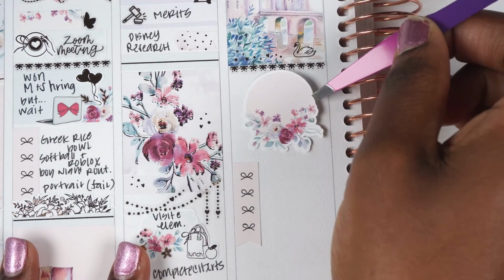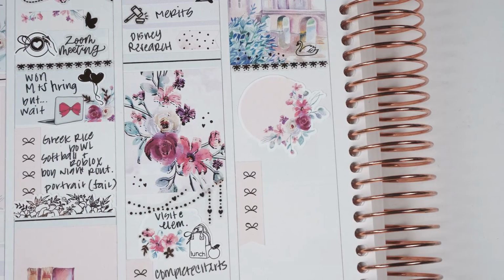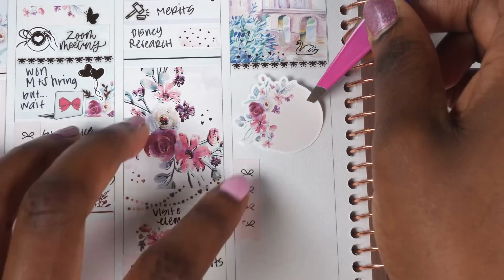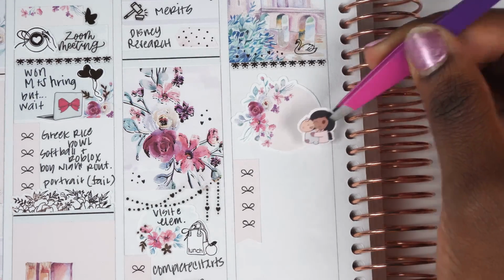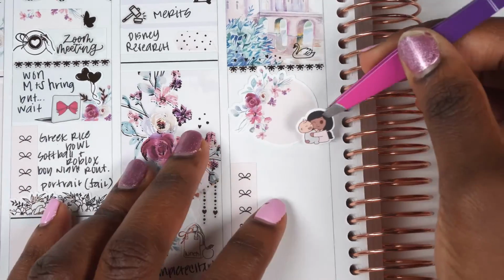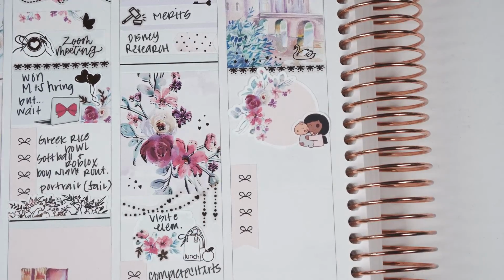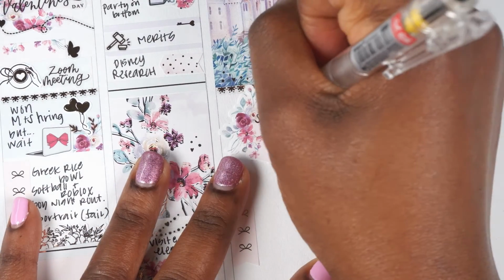On Wednesday, I pull in this sticker from Sadie's Stickers. I think this was on her add-on sheet. I don't know what she calls her add-on sheet, but I think it's the journaling add-on sheet. I got it in premium matte white, I believe. And so I pull in this and I pull in the mom and baby sticker from Paper Shire, and just note that